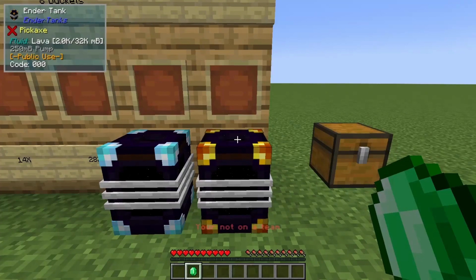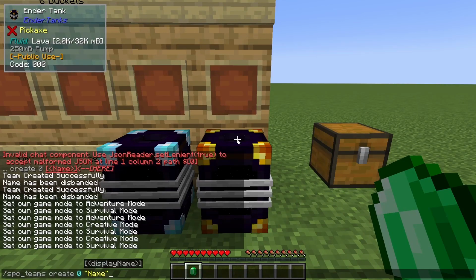I'm not on a team. And actually, to solve this, type in this command. And this last one is actually just any name. So I could say Shut's team, as long as it's in quotations. This number here is an ID. So if I wanted it to be 12, I could have the team ID of 12. There is probably something you can do with this, but we don't really need to worry about it too much